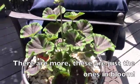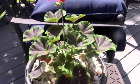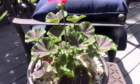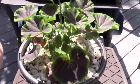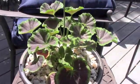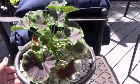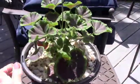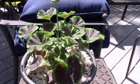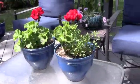This is a scarlet bullseye geranium and I just got that at Lowe's, so that's a beauty. That one has kind of brownish purple leaves and I think it's really striking, and I've put it in a brown pot and I think it really suits it well. But I'm excited to have that one from the Bullseye series, and I think it'll coordinate well with my beautiful